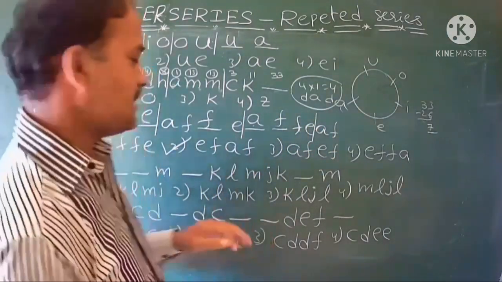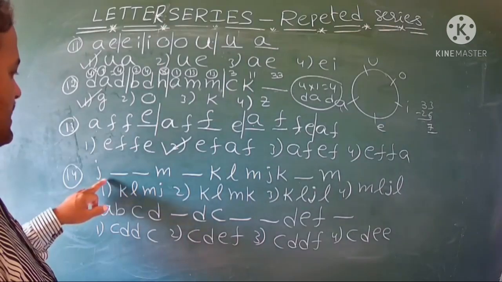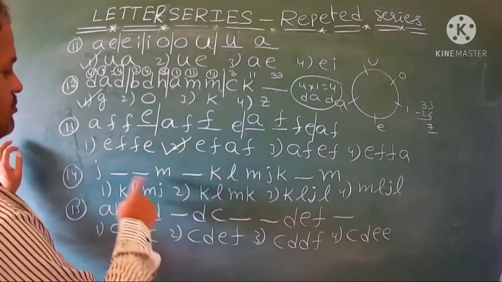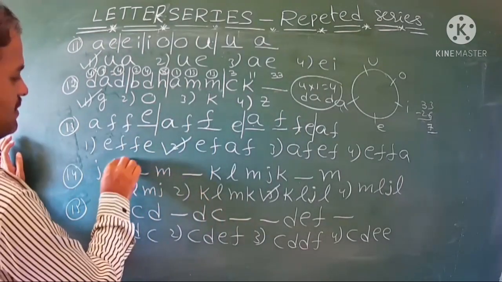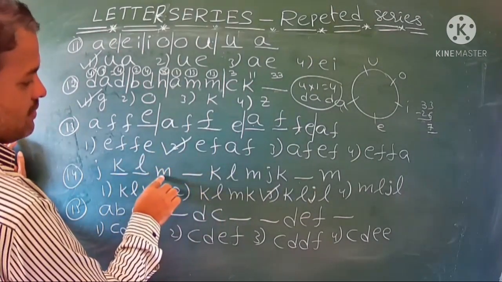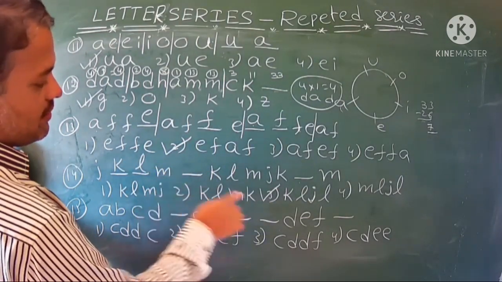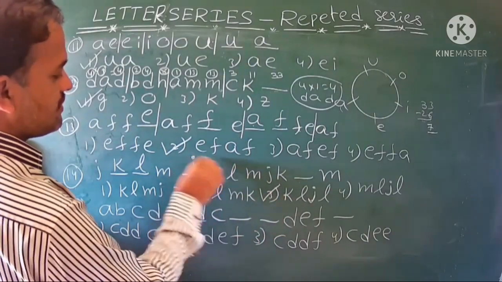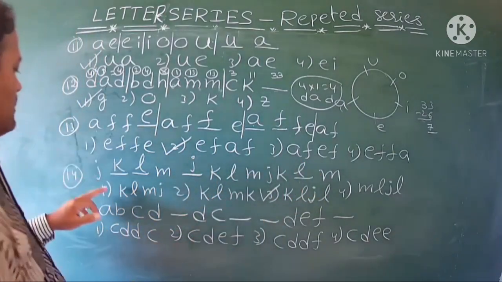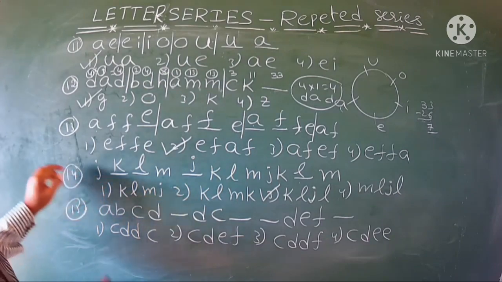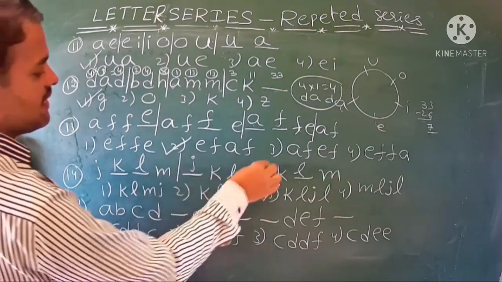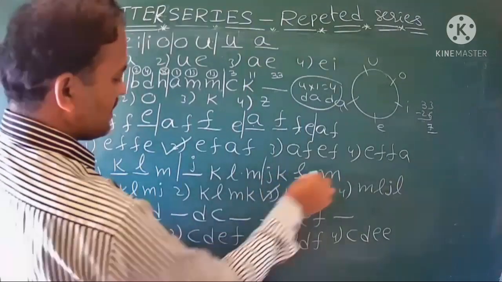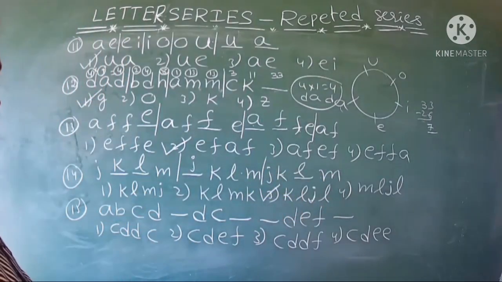Similarly, in this 14th one, J dash dash. Which is the suitable option? Here it is the third option. Substitute here KLM, next JL you need to substitute. So now what will come here? JKLM. 4 letters segregate, JKLM. So that's why the suitable option is 3.